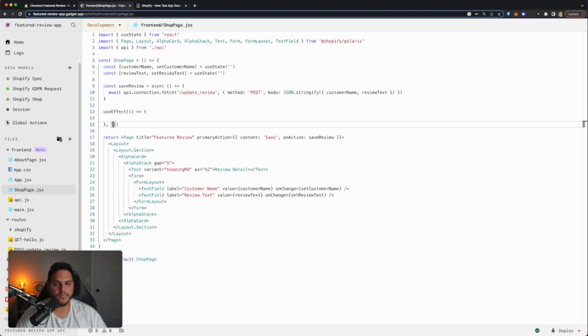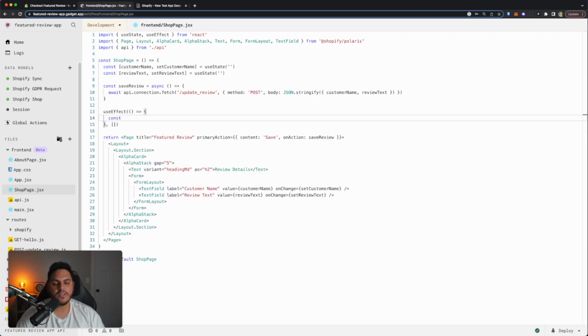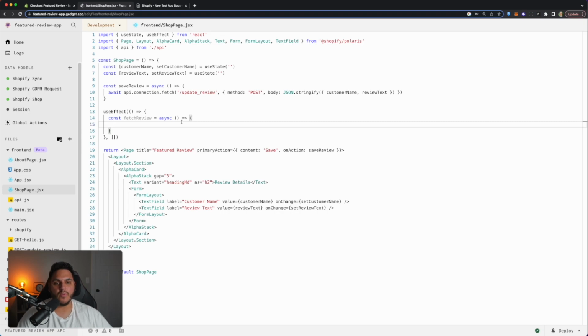And then let's make sure that we are importing that from React. And then within this useEffect, we're going to create a new function called fetchReview. It's going to be async. And then within this, we can actually use that same API object right here. Again, it has some helpers on it, and in this case, it'll help us fetch the data directly from our